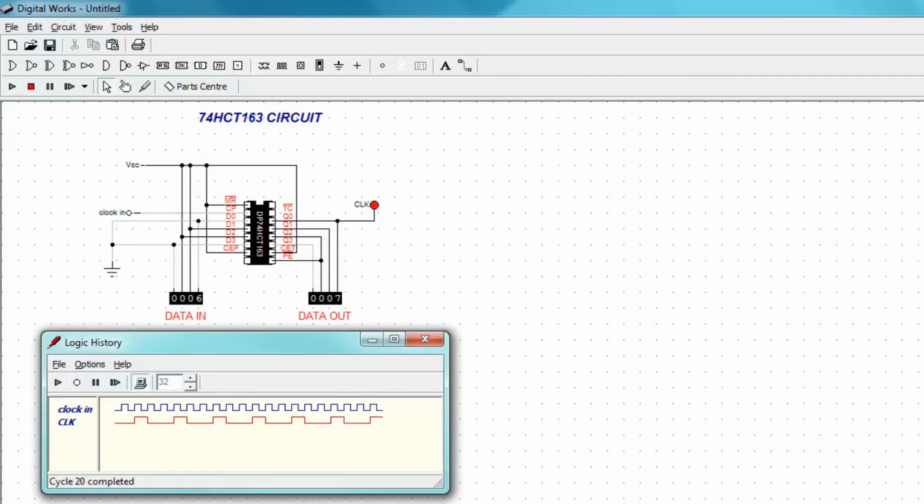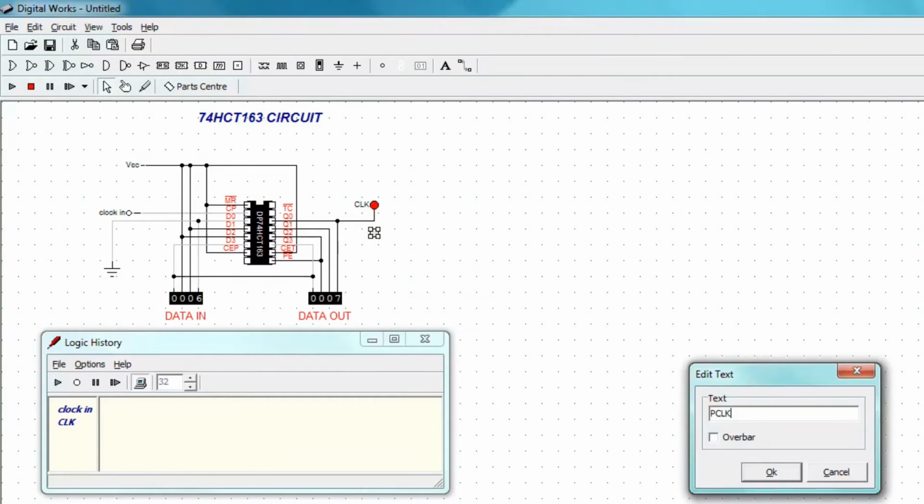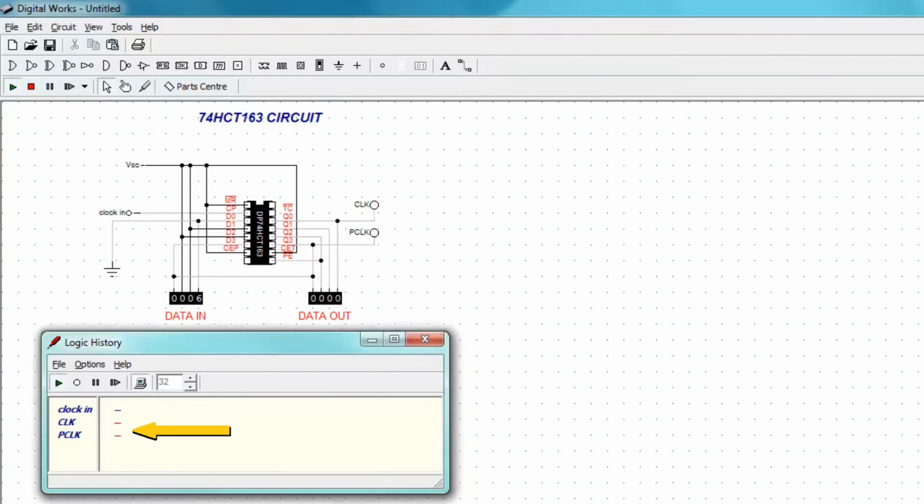Notice that once we count up to 8, the most significant bit is now high, and we can send that into the most significant bit of the data input pins instead of having it grounded. Now the value of 14 is loaded into the counter. And now we count from 14 to 15, and when we get to 16, we don't have a fifth bit to represent that, so the counter just rolls back over to 0.